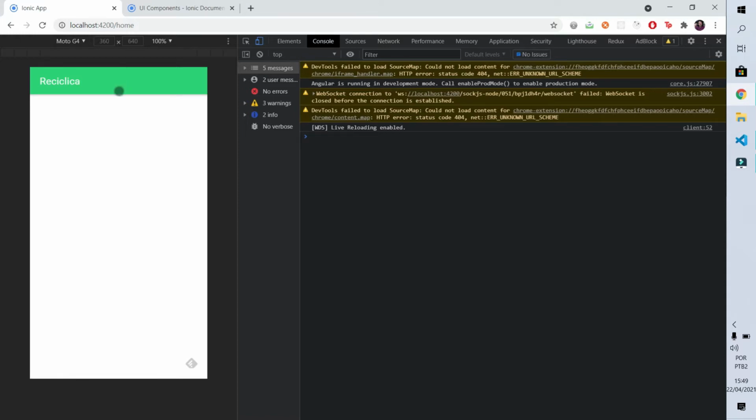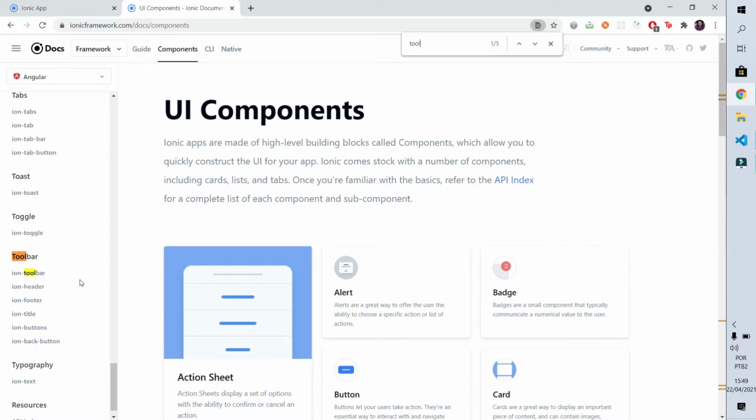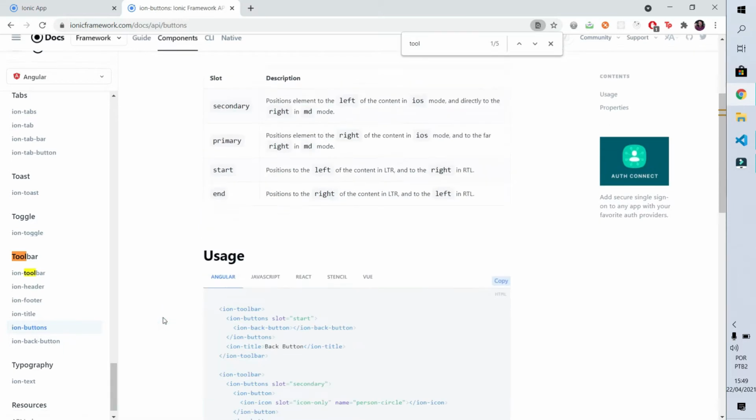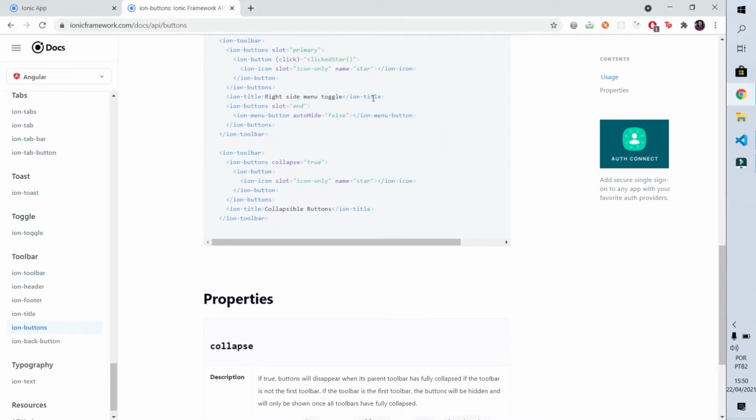Another thing I want to exist here is a menu button. Those 3 lines that usually exist in the apps, and when I click that button, this happens. This dragging the menu to the side, the menu will open and close. If we go to the Ionic Components page, we will be able to see in the toolbar part this component here called Ion Buttons. Down the page we have the code and we see first that it has an example of an Ion back button, a back button, but that's not what I want now. What I want to use on my screen is this Ion menu button component.